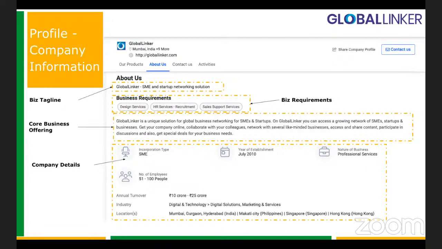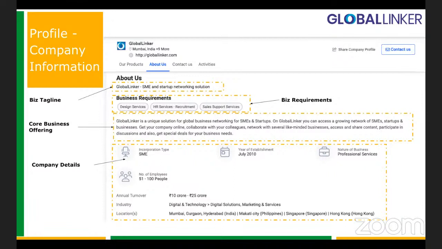That's when you start talking about what your business is. Here is a good time to talk about your tagline. Mention your tagline, what exactly you do, in 4-5 words, simply talking about your core business offering. It can be your slogan, it can be your motto. Whatever you would like to mention, you can mention over here as a tagline.